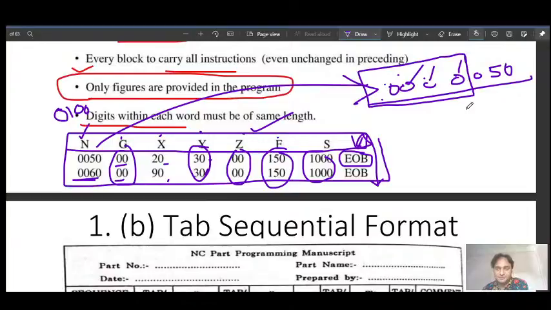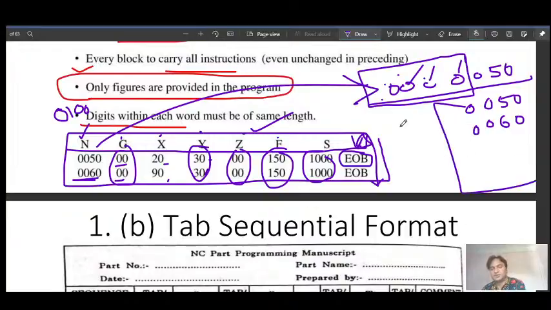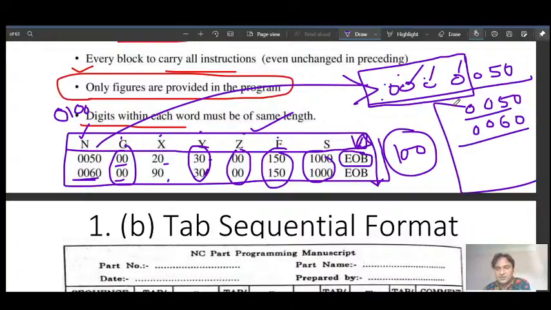So instead we can go for 050, 060, and in that way we can use around, say, 100 instructions. Again the space is controlled by the controller.